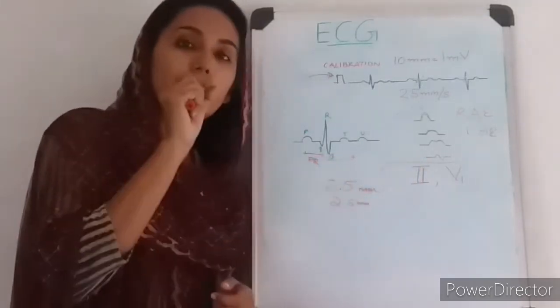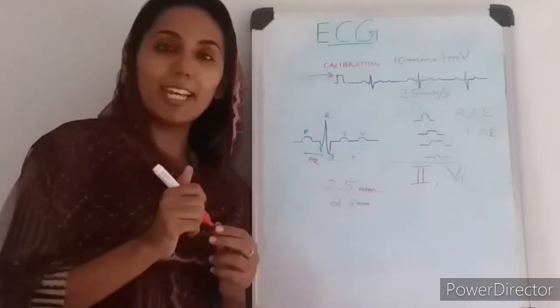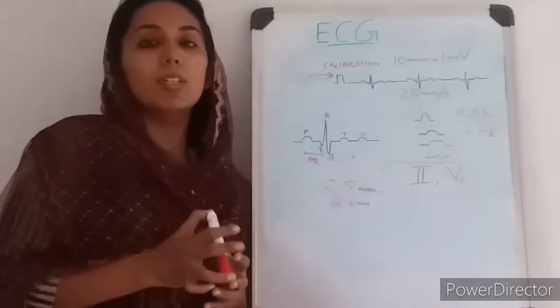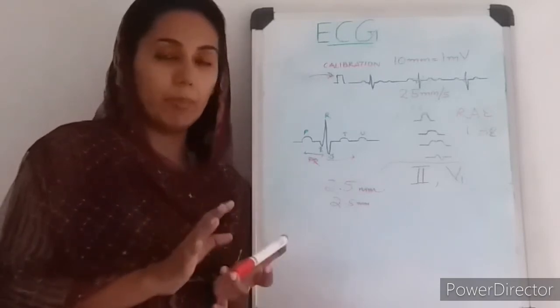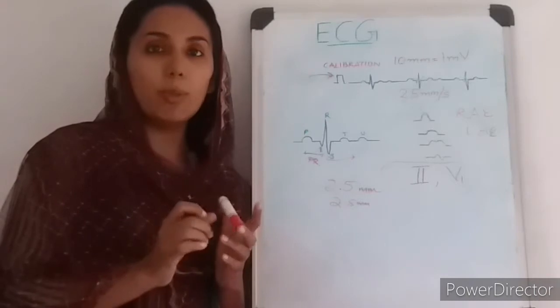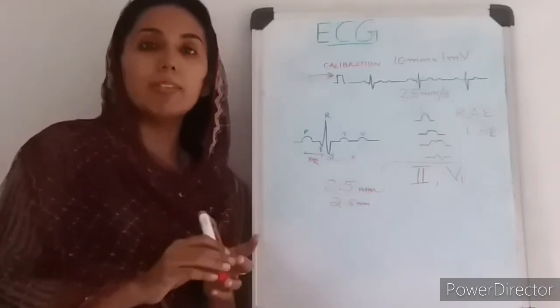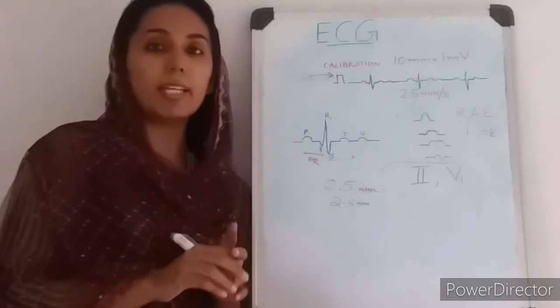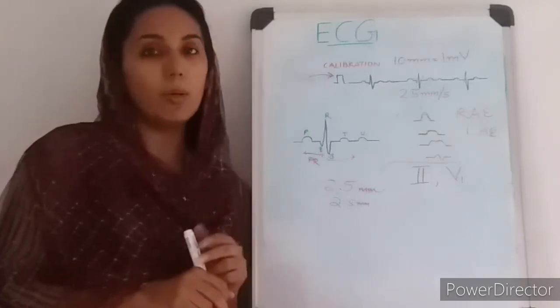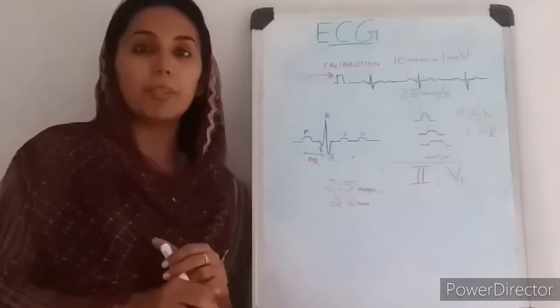What is a bifid P wave? There will be a small positive segment and a small negative segment there. Again seen in case of left atrial enlargement. So I hope you are clear with the P wave. Just remember 2.5 millimeter is the height and the width of the P wave, and that the P wave is better assessed in lead 2 and V1, and is positive in most of the leads except aVR.